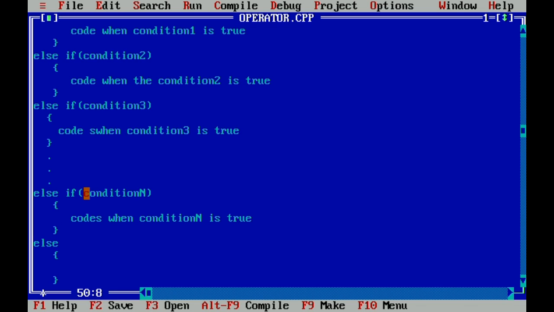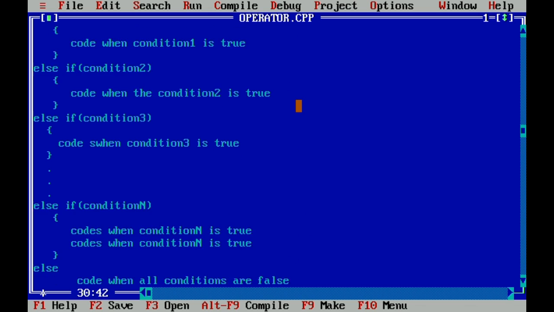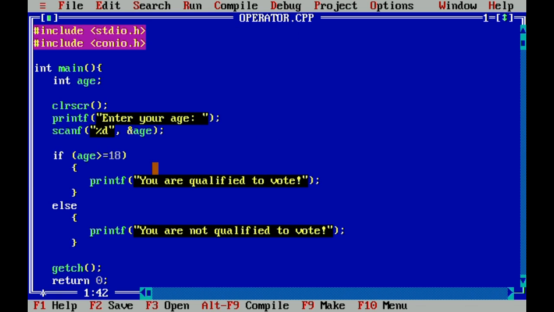If all those conditions that you have set become false, then this would be the statement that will be performed. These are the set of codes that will be performed when all conditions written in your if else if become false.